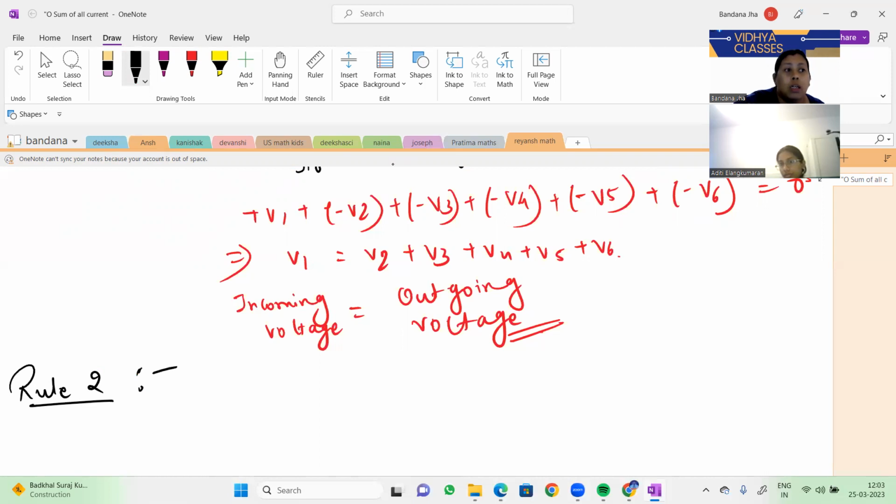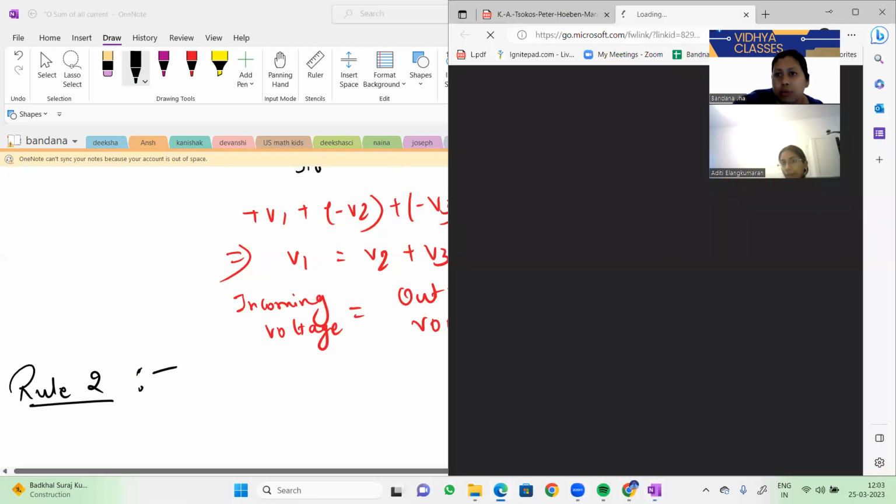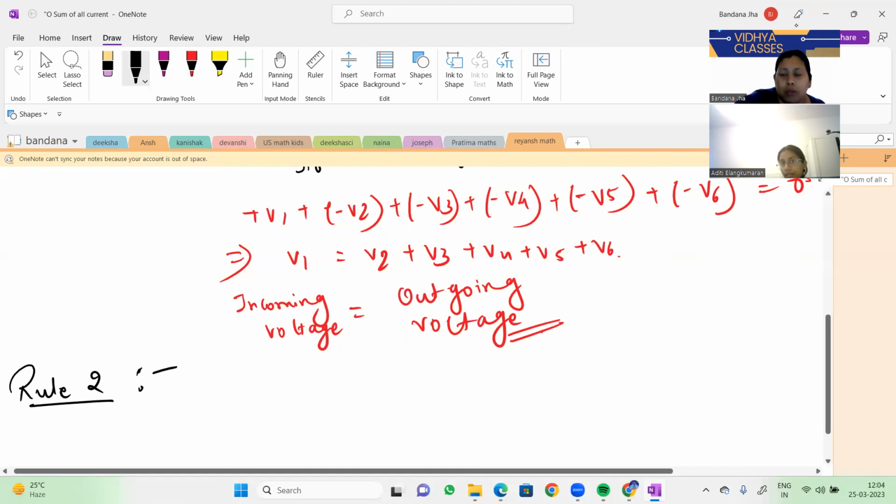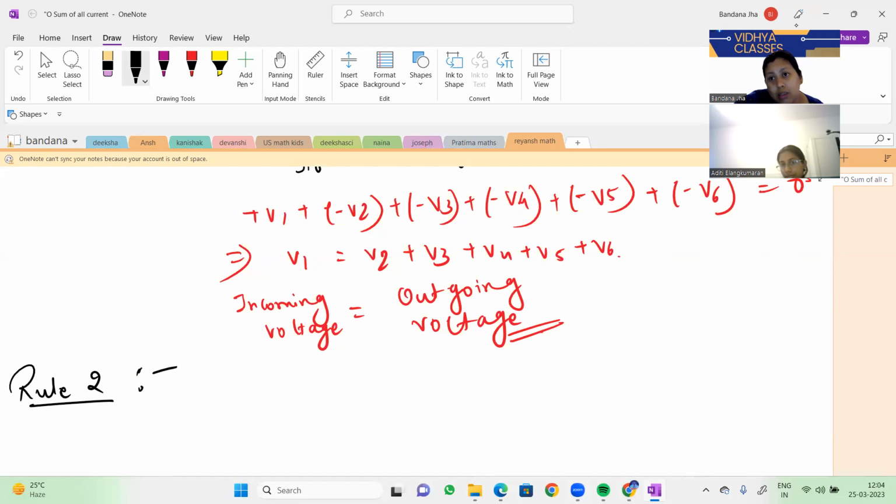Suppose during Diwali time we are using 2 or 3 extension boards so that we can light up our whole flat, right? To increase the wire length, we use the extension board so that the wire can reach up to there. So 2, 3 extension boards means 2, 3 supplies are there. If we remove the extension boards and use batteries in place of them,